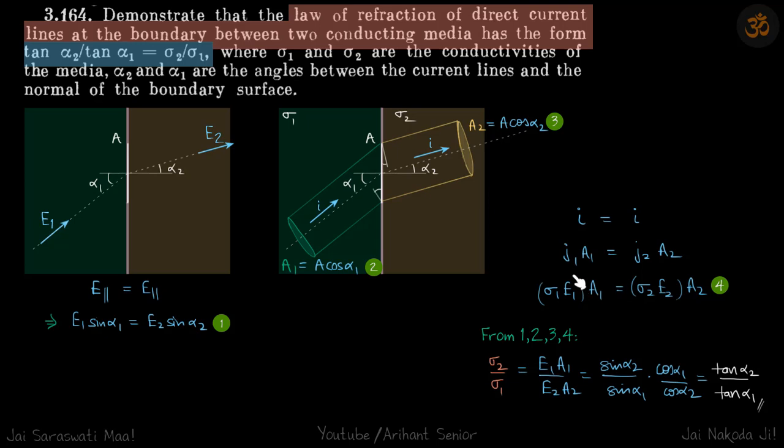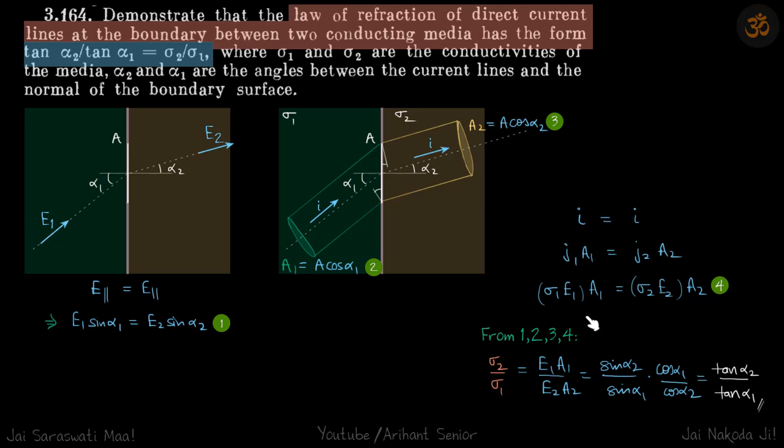See, we already predicted when we were to deal with sigma 1 and sigma 2, we should be able to imagine that the terms of electric field and areas are going to come into picture. And we already found those relations between the two electric fields and between the two areas. So our job is done already.